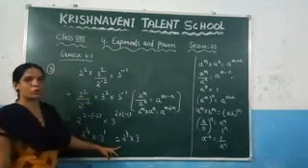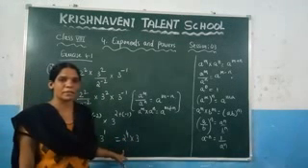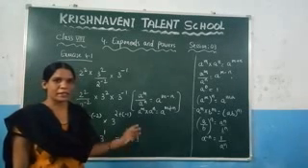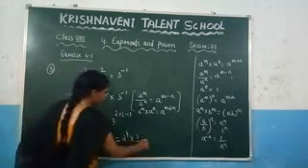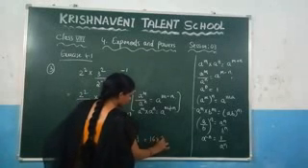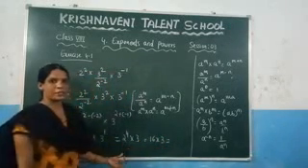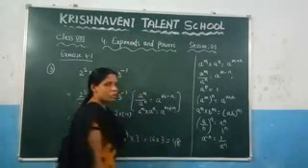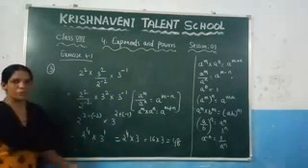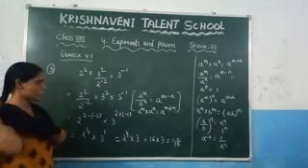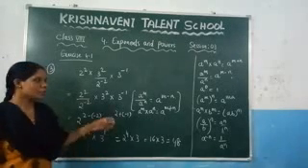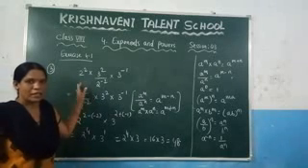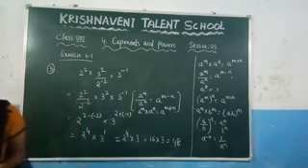So what is the value of 2 power 4? That means you need to multiply 2 four times. So 2 twos are 4, 4 twos are 8, and 8 twos are 16. So you will get here 16 into 3. What is the value of 16 into 3, which gives you 48. So what is the solution of this problem, which is nothing but 48. So to solve this problem, you need to apply the laws of exponents so that you can find any value. Now see the next question in this problem.